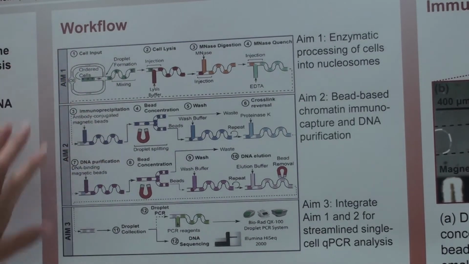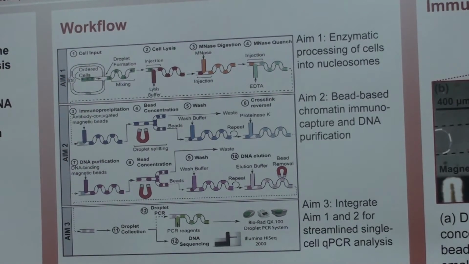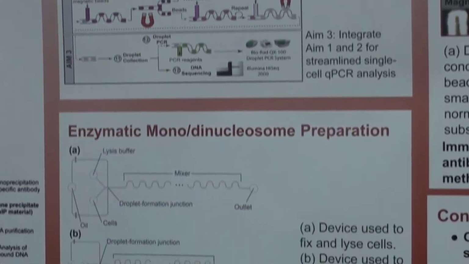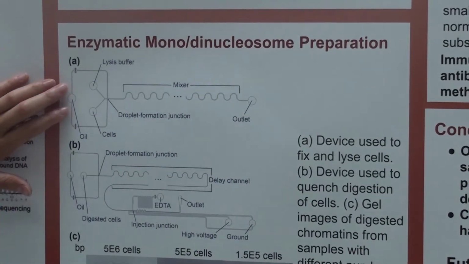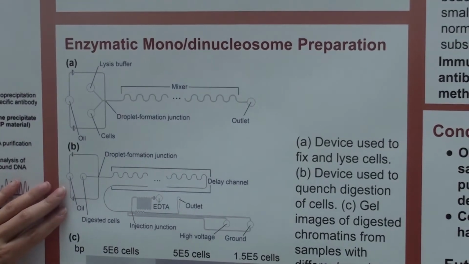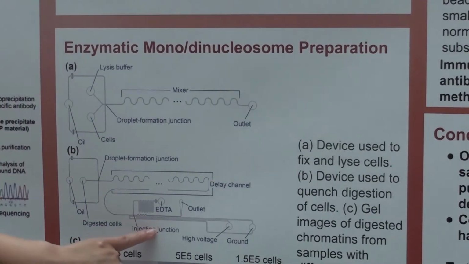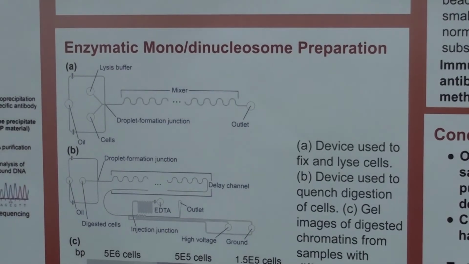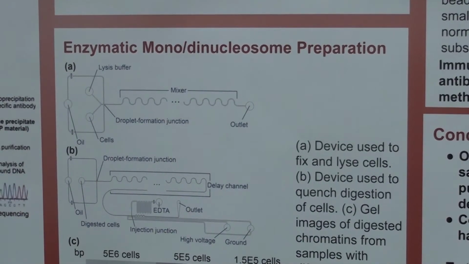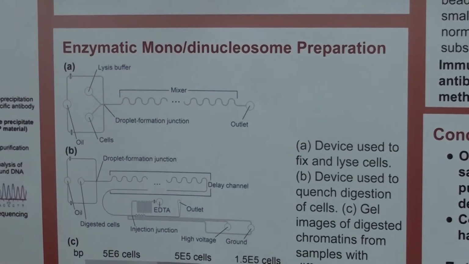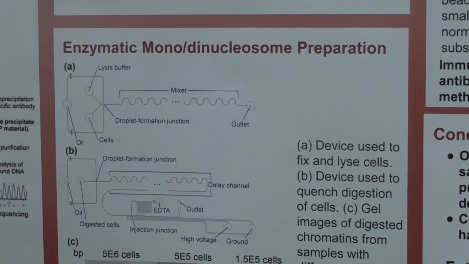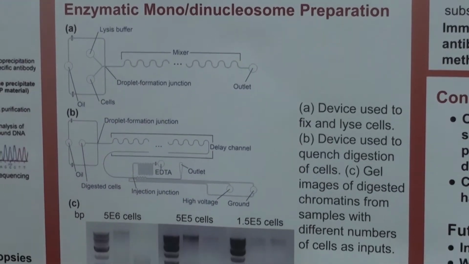and it means that this idea works. Here are my enzymatic mononucleosome preparation steps. Basically, I do online cell lysis and cell digestion, and then I quench it with EDTA. Then I run gels to see whether I really get these nucleosomes digested into pieces as I want. And this is the quantification results. They are not in the correct order as I want, because you can see